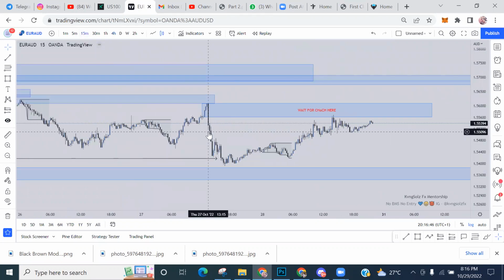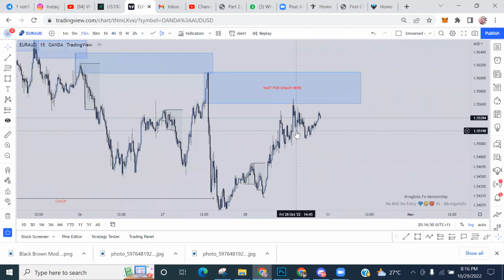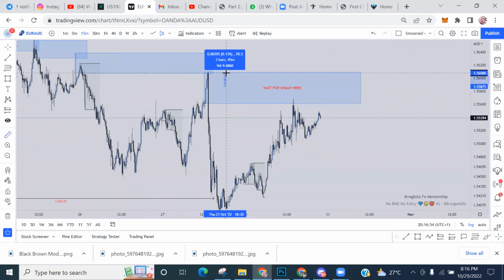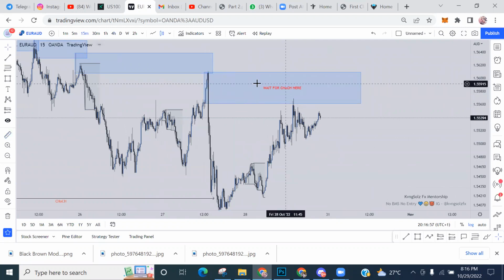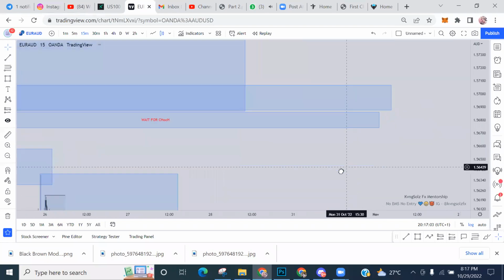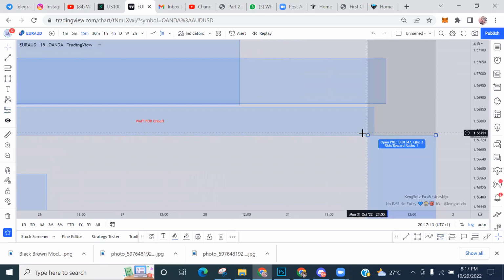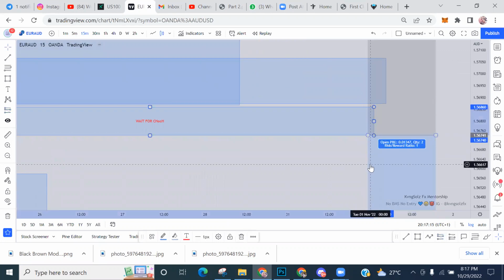On the 15 minutes, we can look to short from here. But I would love to still wait for that change of character. It is necessary here, honestly. So let's wait for the change of character, and then we can start selling aggressively. I'm having this other limit set because I believe if it just taps in, it could sell off immediately, not even waiting for anybody.